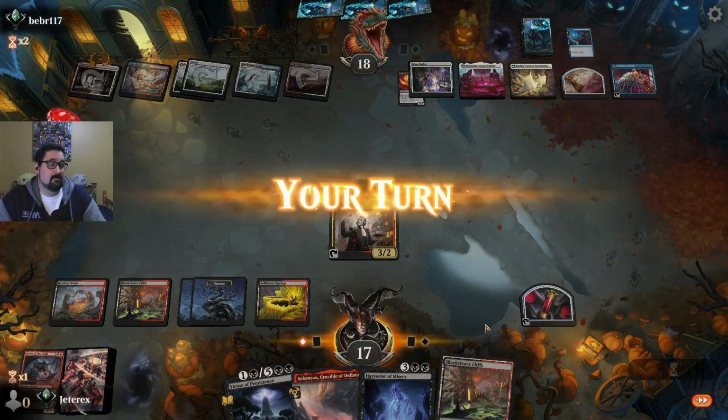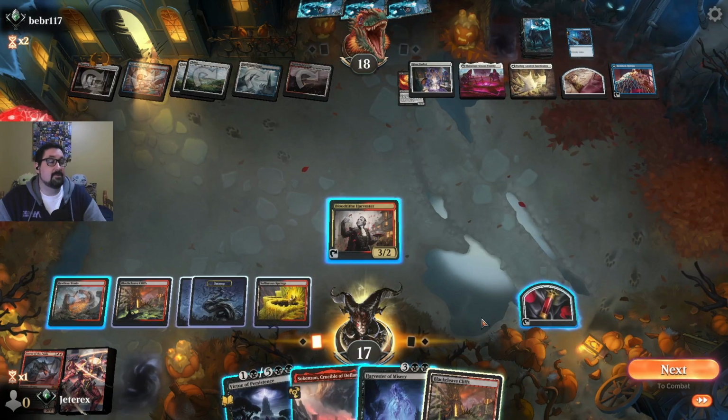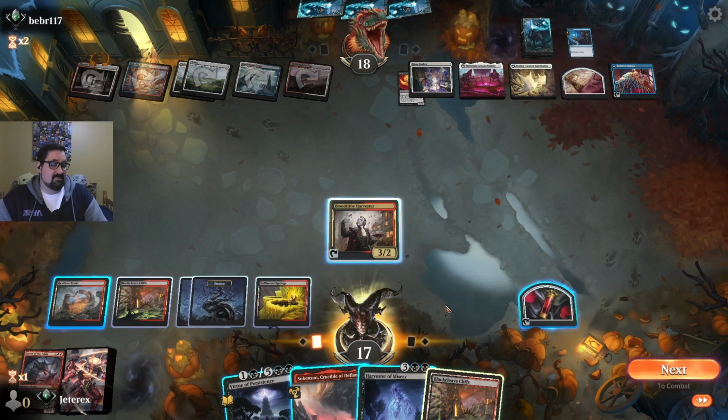Not a push-pull. I mean, we still get a chance. The game is not over. They're just going to draw a whole bunch of cards from that glyph, so... I also don't have enough to just cast Virtue of Persistence here, so...